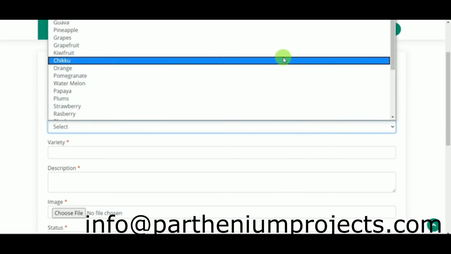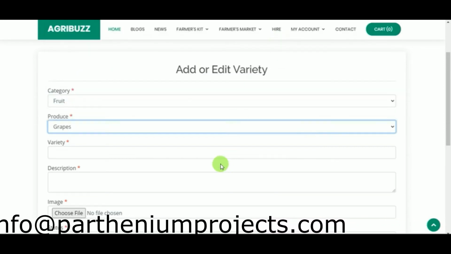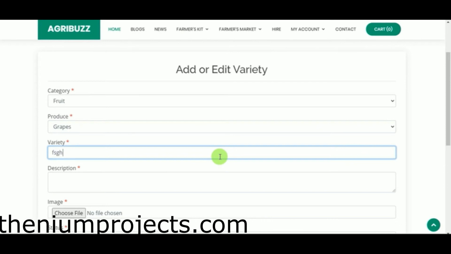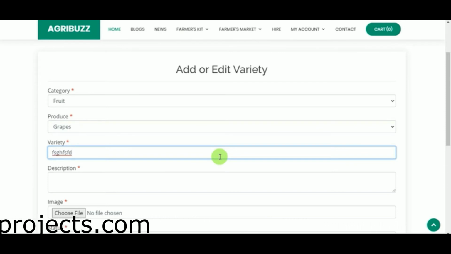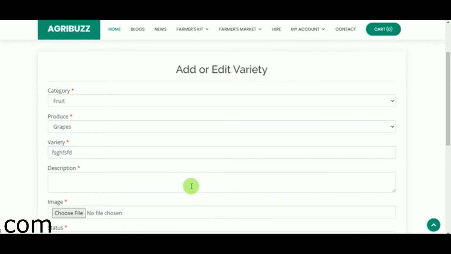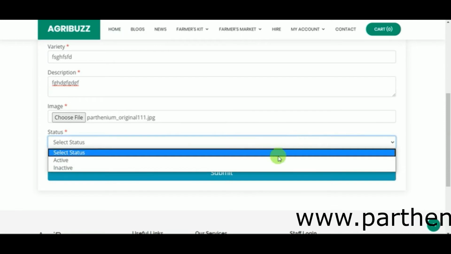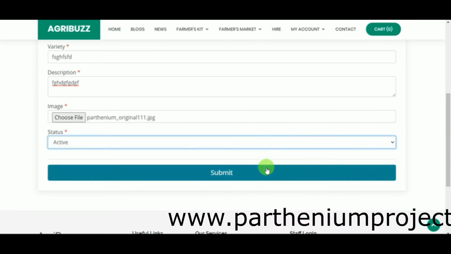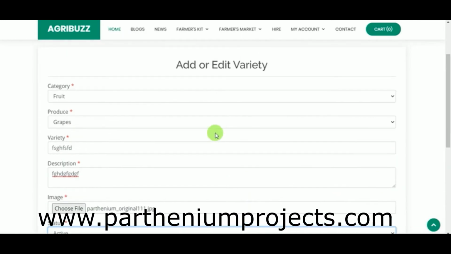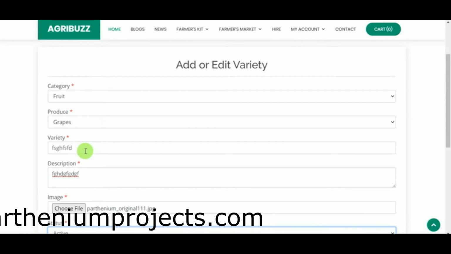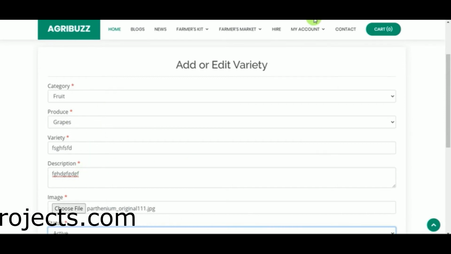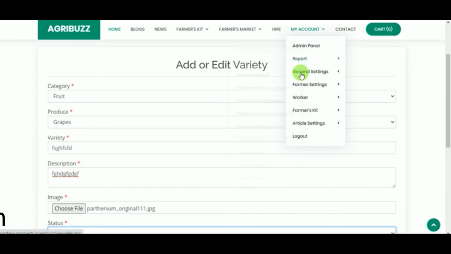In product we have grapes. Then whichever variety it is, you need to give the variety name, then give the description about the product, choose the file, choose the image, click on status as active, click on submit. Under this category, under this product, this variety will be added. So this is how you are going to add a variety.